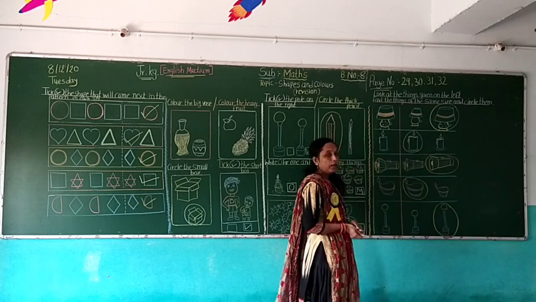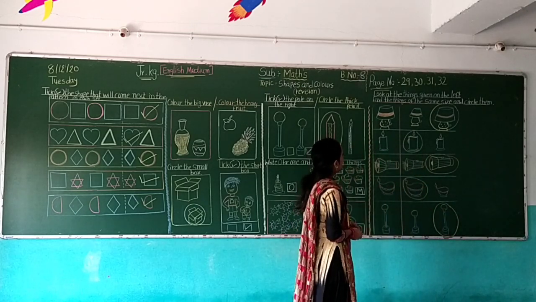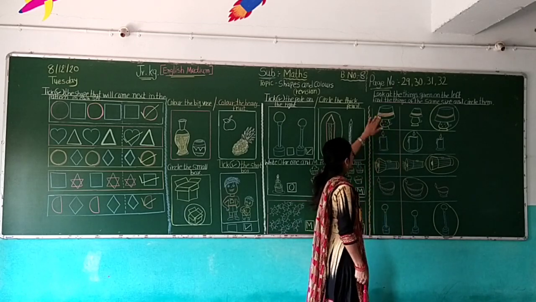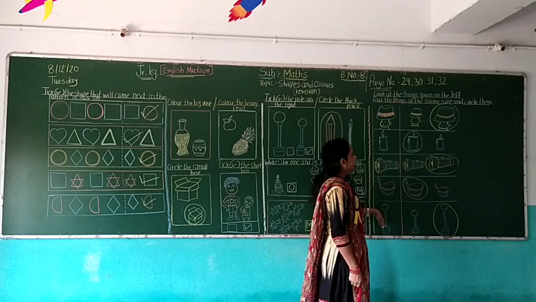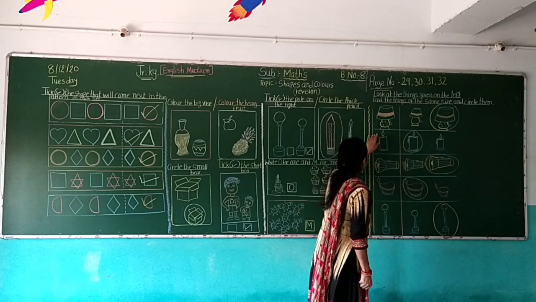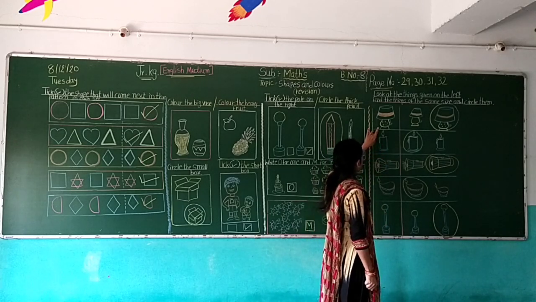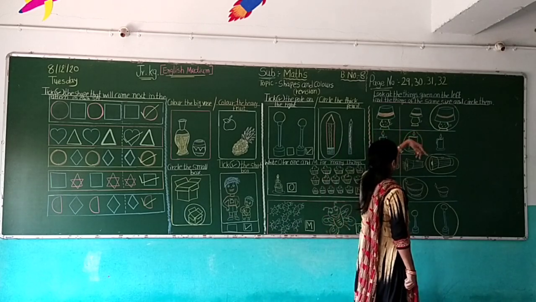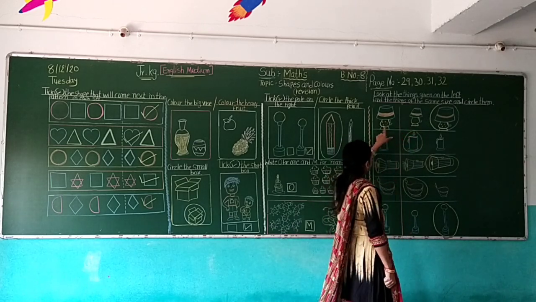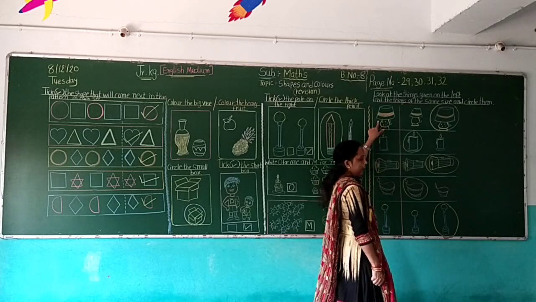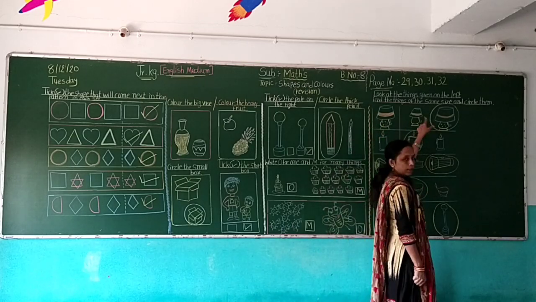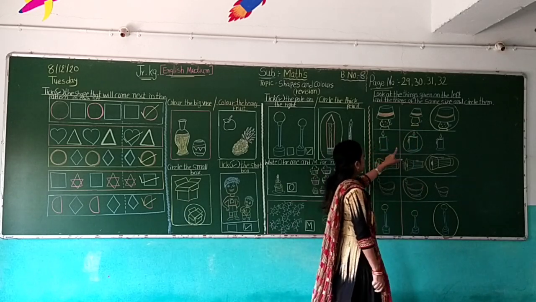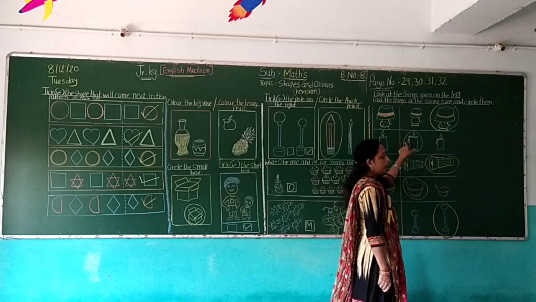Repeat again one more time. Look here. Look at the things given on the left. Look here. Here I drew different pictures. Look at the pictures on the left side. Okay, and find things of the same size and circle them. So look here. What is this? Night lamp. So here we circle the same size night lamp. What is this? Candle. So here we circle the same size candle.